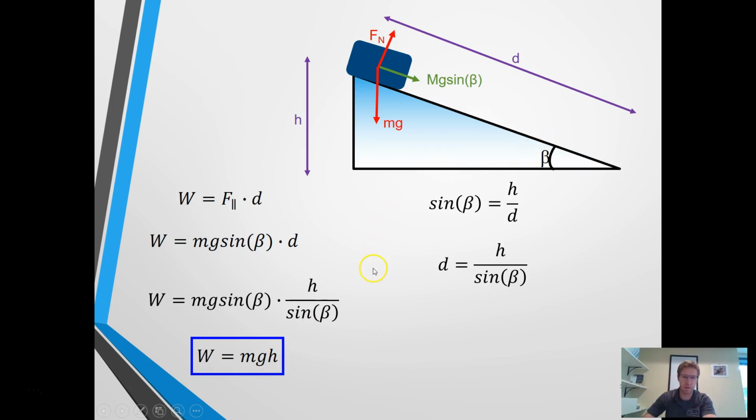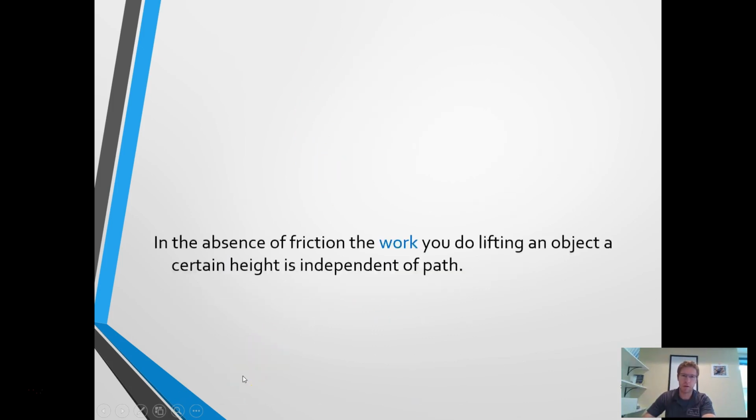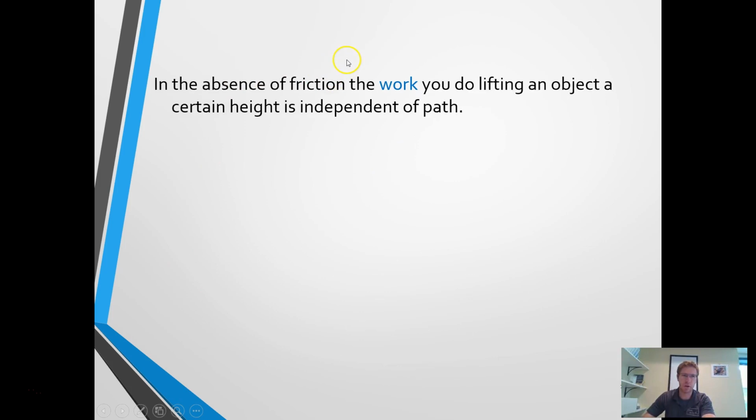So what we just found, and we'll talk about in more detail as we go on, is that in the absence of friction, in the absence of what we are going to define later as a non-conservative force, the work being done on the object is independent of the path that it takes. So you can either have this package move straight down a distance of h or go down this long ramp a distance of d while only moving a vertical distance of h, and you get the same amount of work being done. So in the absence of friction or other non-conservative forces, the work done on an object is independent